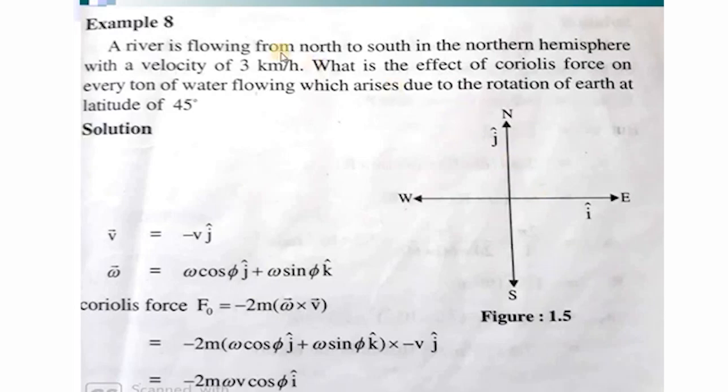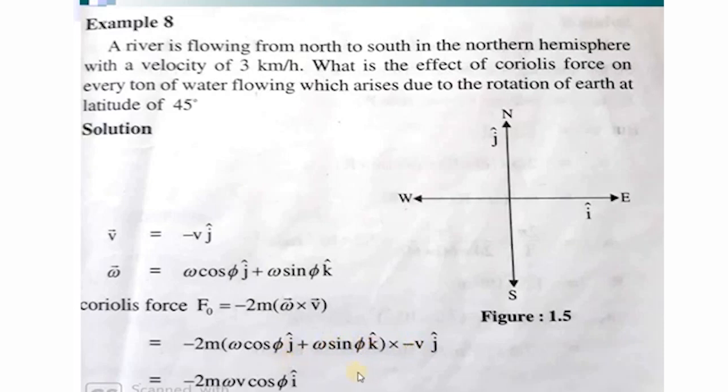Okay, and its velocity is given as 3 km per hour. So vectorially, I can represent v = -v j, that is, it is from north to south along the j direction. And omega, we know, is omega cos phi j + omega sin phi k at any latitude phi. So on substituting for both, you will get (omega cos phi j + omega sin phi k) cross